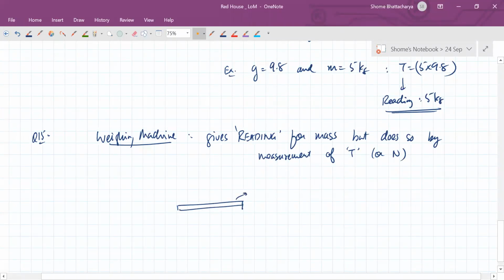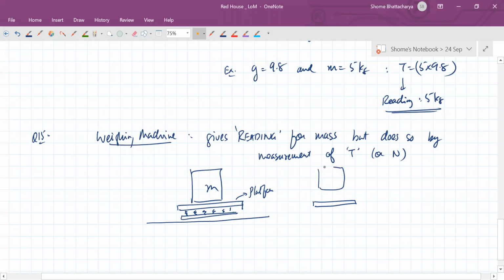something like this. You have a platform which is loaded on springs, and this thing is on the floor. So now if you place a heavy mass on top of it, the springs get compressed. So what is happening between that platform and that mass? This is what is happening. The platform is applying an upward normal reaction on the mass, which is balancing its weight. So this is applying a downward normal reaction, and this together is balanced by the total tension force in the springs. So let's write that total tension as T only. So it ends up measuring that total tension T, which is equal to the normal reaction, which is equal to the weight. So again, the same kind of thing.